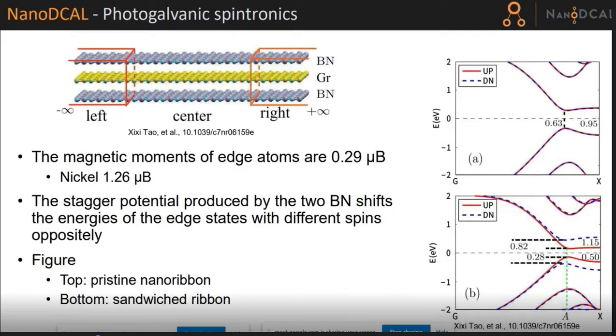This software can also work on energy storage devices, photogalvanic, spintronics, solar cells, and even battery applications can also be done. Single layer, monolayer, bilayer, trilayers, any number of layers you can design. Like here there are 3 layers parallel to each other, boron nitride, graphene, and boron nitride, where the left one is called the left electrode, this is the right electrode, and the middle one is called the scattering central channel region. And you can apply the bias either on the left electrode, right electrode, spin up, spin down, and